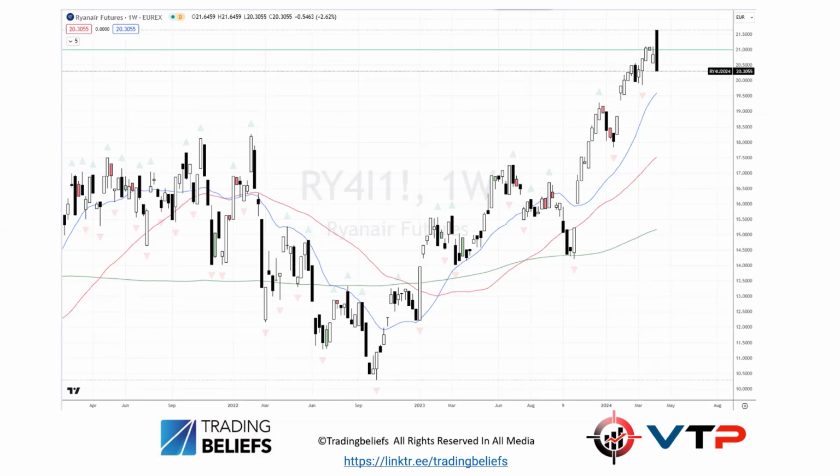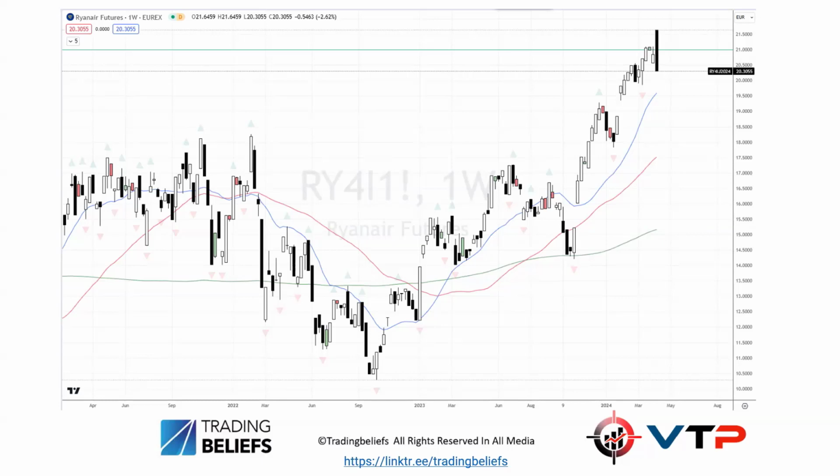But one other element went a little bit under the radar, but I certainly picked up on it: Mr. O'Leary has a clause in his contract, and that is basically if the Ryanair share price remains above €21 for 30 days, he gets a 100 million euro bonus. That in itself is enough to inspire me to want to short Ryanair. I'm sure all of us have had less than positive experiences of either Ryanair or Mr. O'Leary himself. But you can see here, this is the weekly chart of the share price against the futures price.